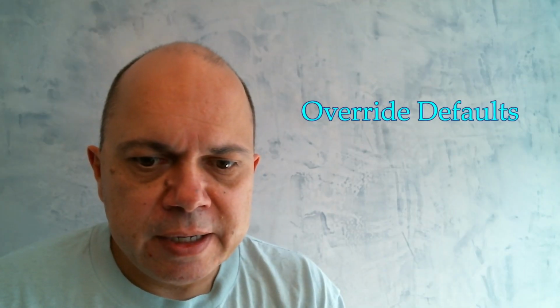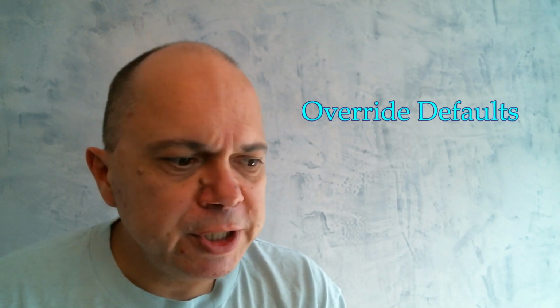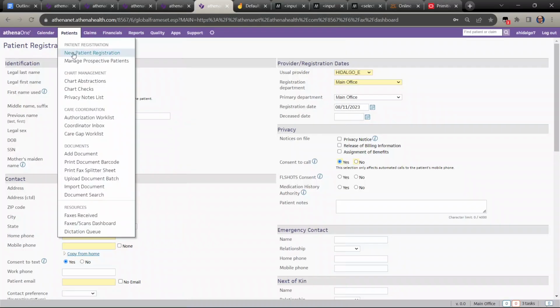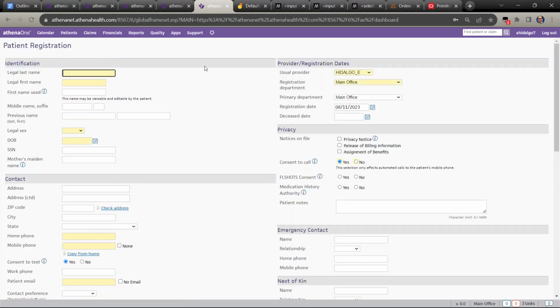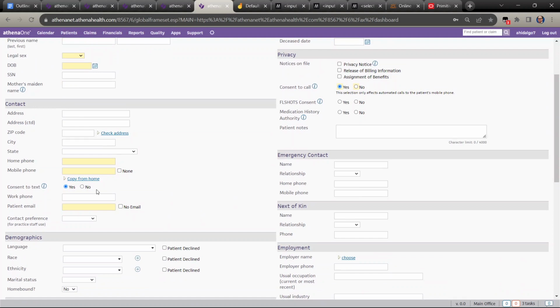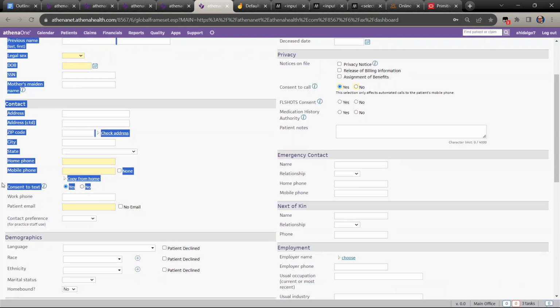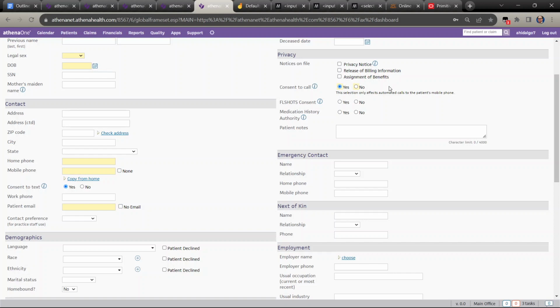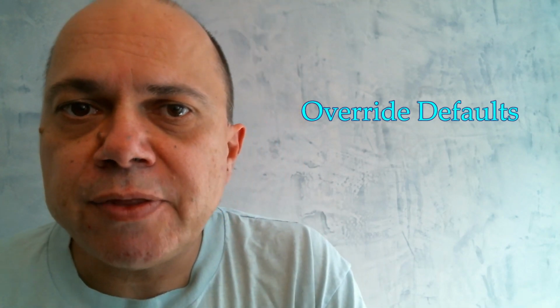If we go ahead and open up the new patient registration, and here we are again with the Userscript at work, we can see from the black banner and the red counter here of 3 active versions of the Userscript running. If we go to new patient reg, now we get different behavior. Now we get what we were looking for: the consent to text and consent to call default into a yes position, and we've changed the policy through the Userscript